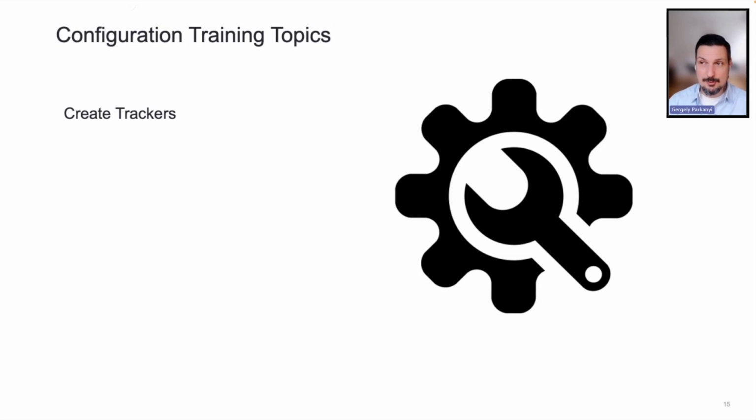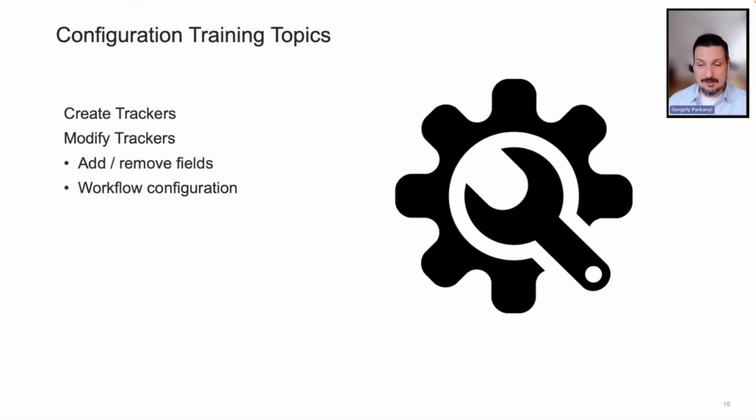Trackers are configurable containers. Let's say you have requirements type trackers, such as customer requirements, system requirements, hardware requirements, software requirements. These are all names of trackers, and requirement is a type of tracker. But you can think of trackers as containers, and in the configuration training, you should learn how to create those containers, or to modify existing containers by adding and removing fields, modifying the workflow configuration, and adding or removing roles and